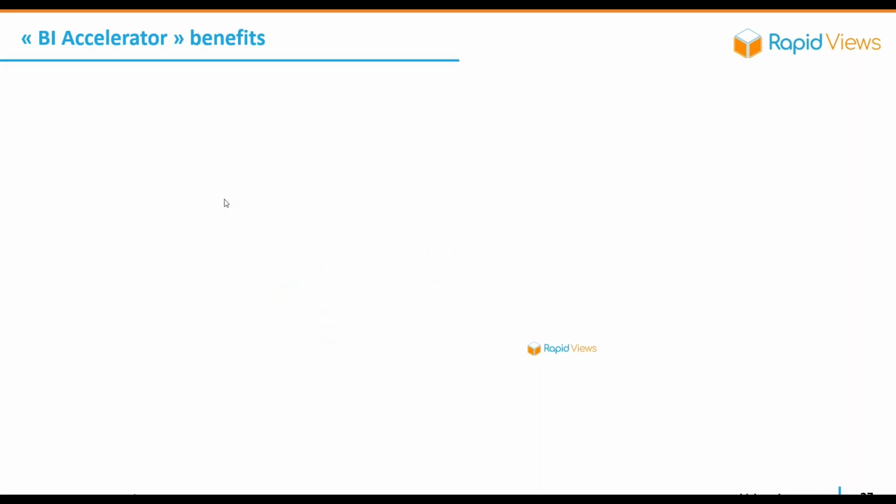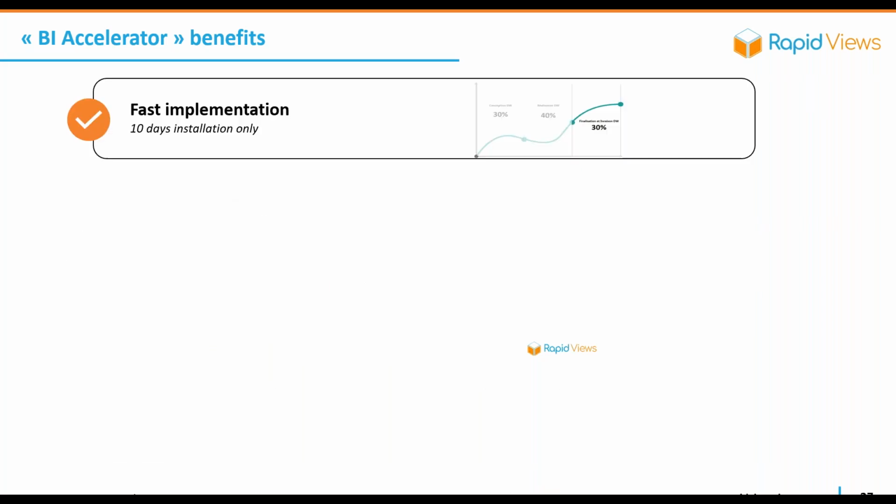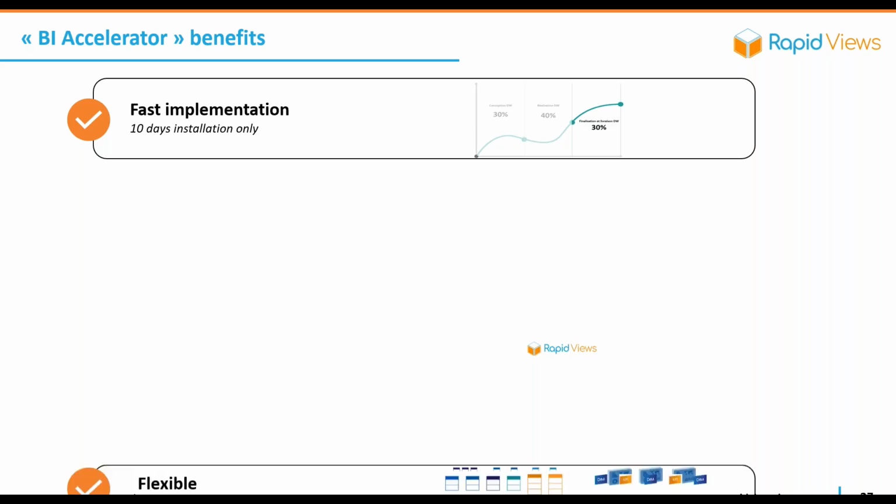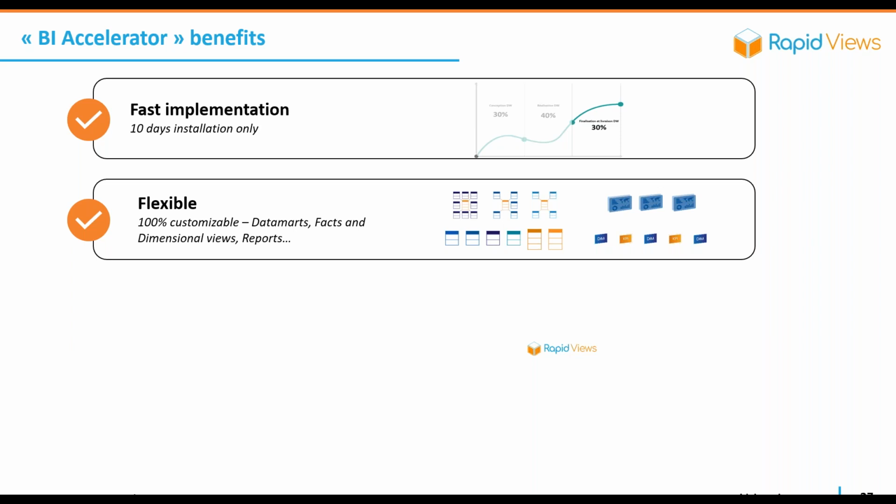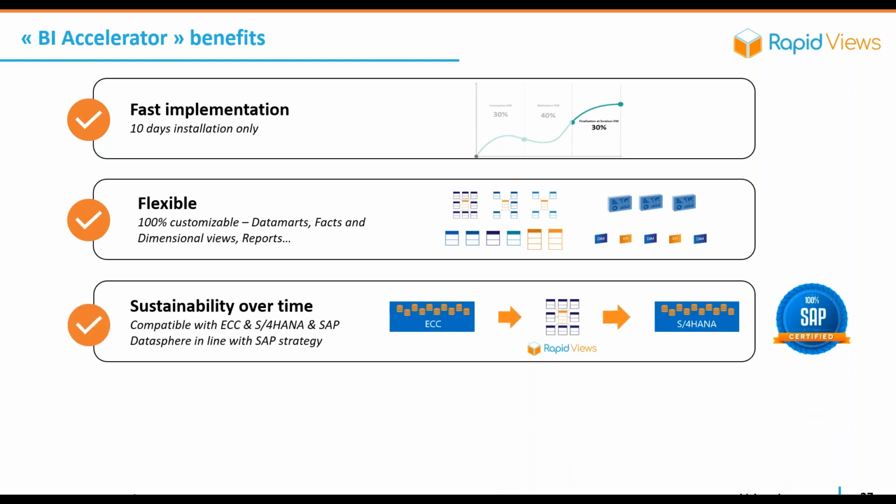Okay, thank you, Julien. So the BI Accelerator benefits: thanks to this predefined content, we save about 70% of time, right? We accelerate the deployment. Everything is flexible because we provide all this concept of dimension, fact, data mart, semantic layer. Everything is open, so it's flexible. You can use it as a kind of toolbox that will contain these Lego bricks, as I call them, because they are small pieces that are very easy to find and to reuse.